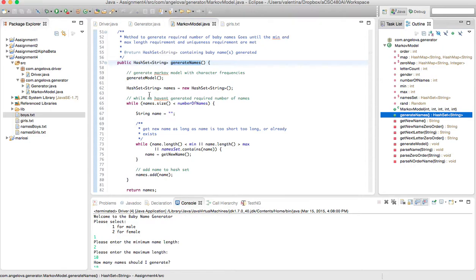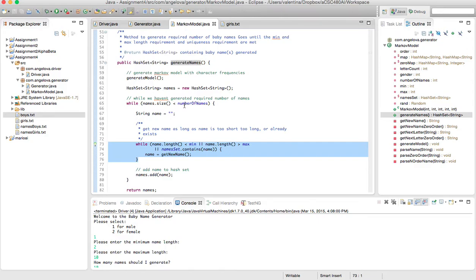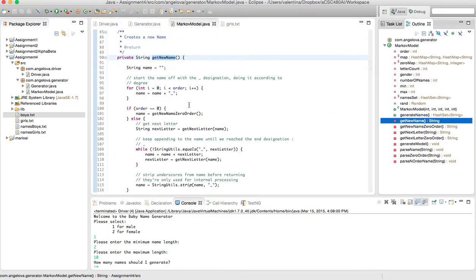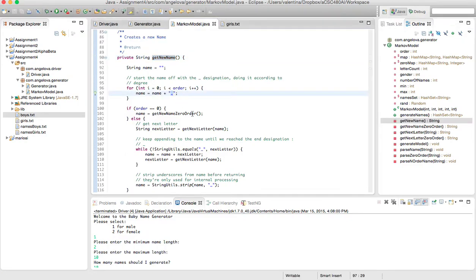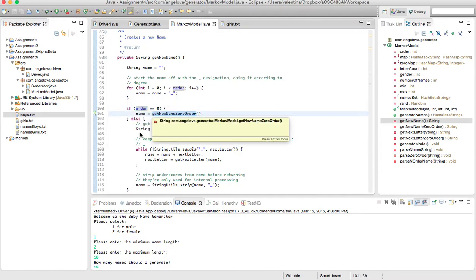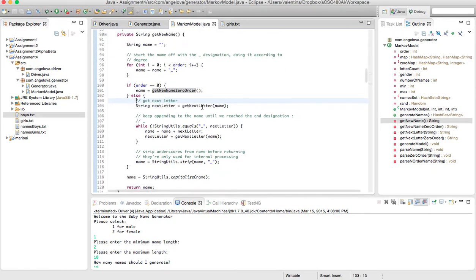So once I've generated my model, I go ahead and generate names. And here we generate names until we've reached the number of names required by the user. And here I also check and discard names that don't fit the minimum and maximum length requirements or that I've already seen in my name set. So in the get new name method, I append underscores to my name based on the order. And then if the order is 0, again, this is a special case, I get new name with 0 order. Otherwise, I get my next letter